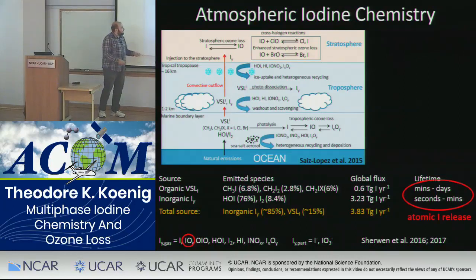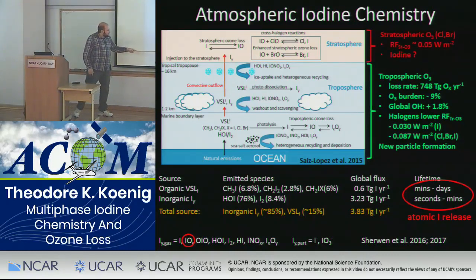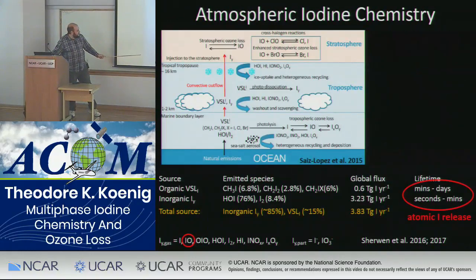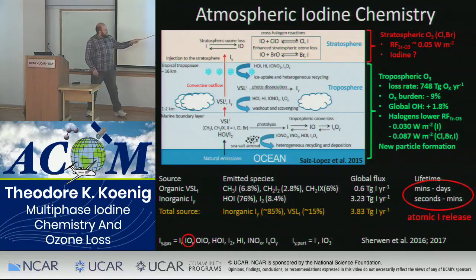the atmosphere. And then what we do is we measure IO. Sorry, this is looking slightly different than I expect. Okay. So we measure IO down here. That's right. Okay. And we can then use chemical modeling of the different photolyses and the partitioning to understand the total Iy budget. And some of the effects of this is that in the troposphere, it leads to a significant loss of ozone. About 9% of the total tropospheric ozone loss is due to Iy. And this in turn can lead to radiative forcing.